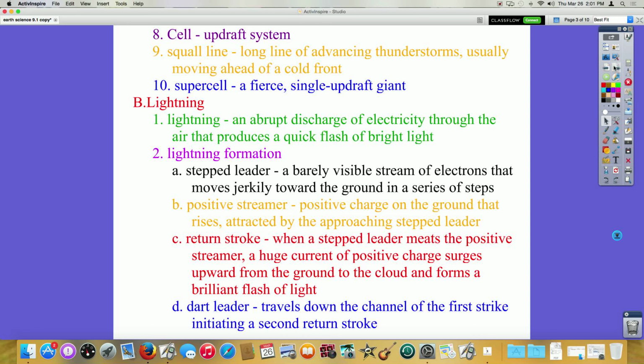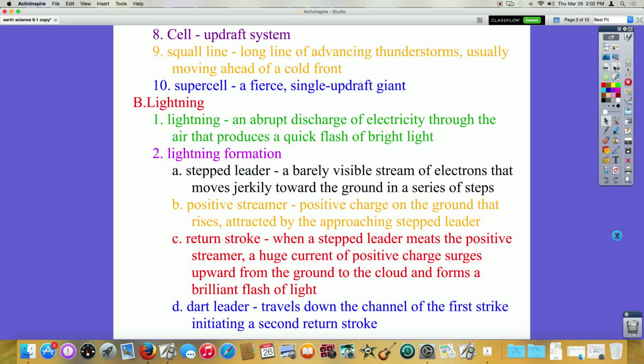I do have a picture of it. I think it's on the next slide, to show where some of these things will occur. But for right now, the terms: we have a stepped leader. This is a barely visible stream of electrons that moves jerkily toward the ground in a series of steps. You see a photograph of a fairly intense lightning storm. It may capture stepped leaders. They're not even anywhere near as bright as a real lightning bolt because we just don't have the energy moving